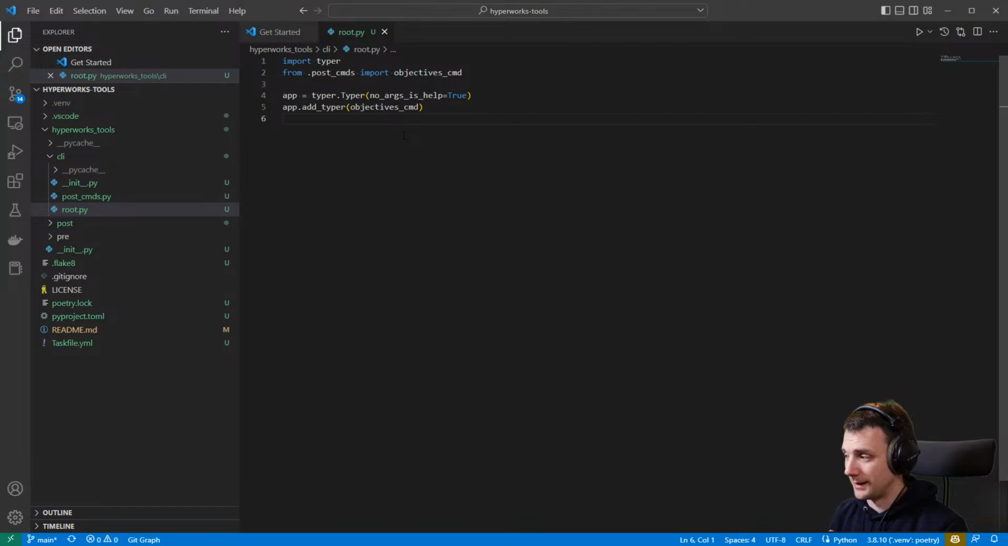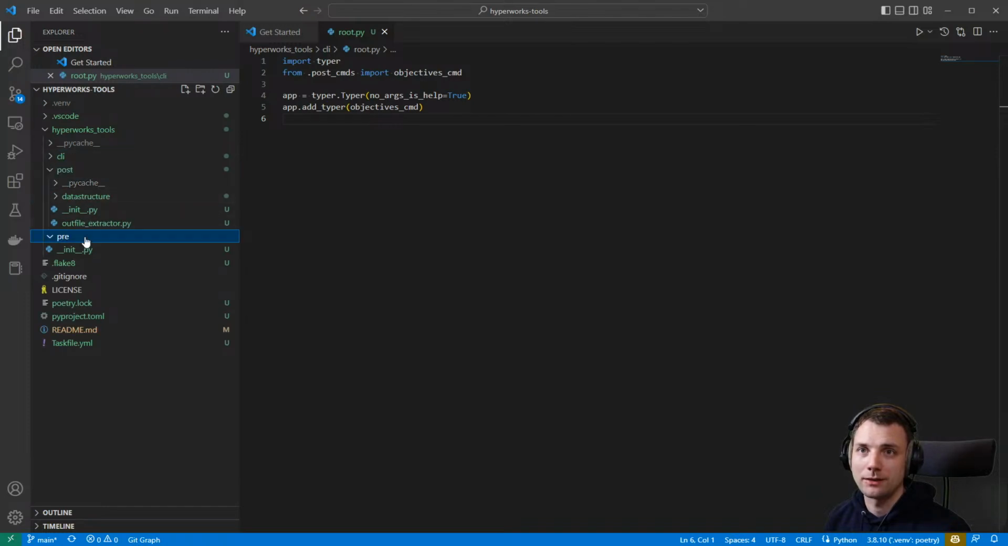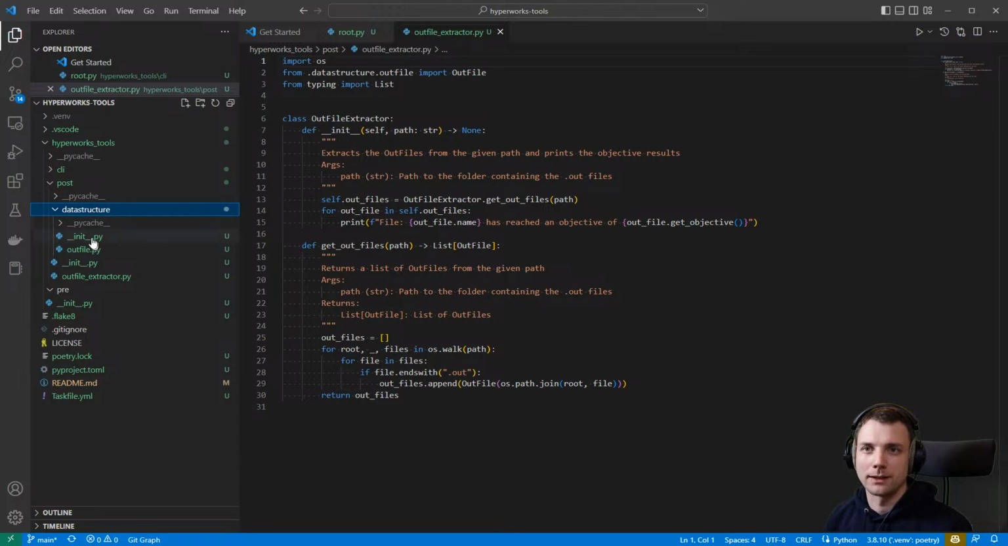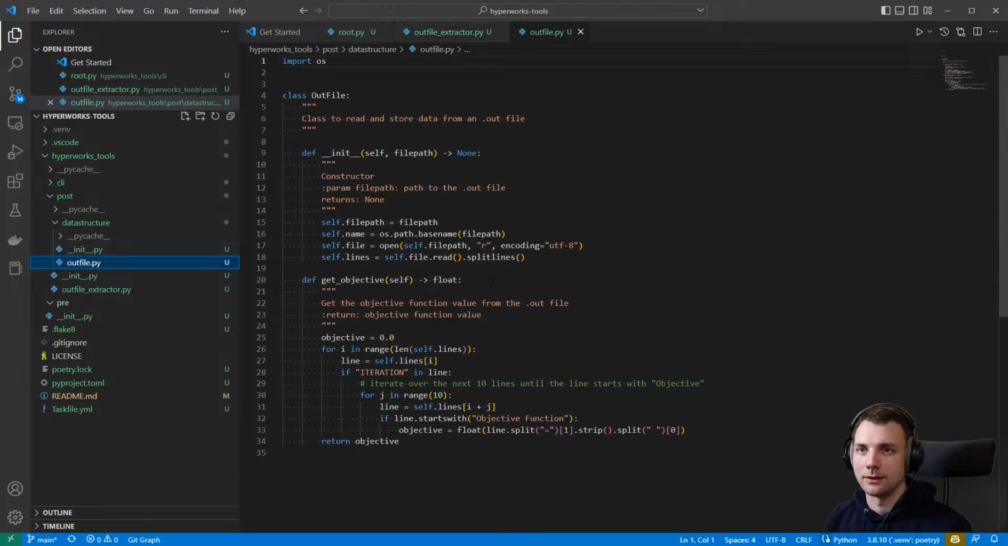And so this is the target on here. So you see that besides the CLI, you have here post and pre. So I started with post commands because out file extraction is really a post command, and you can see here the out file extractor that has the methods we will be using. And then you have a data structure package where you will find the out file class,